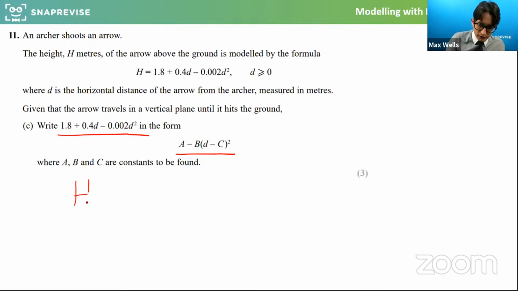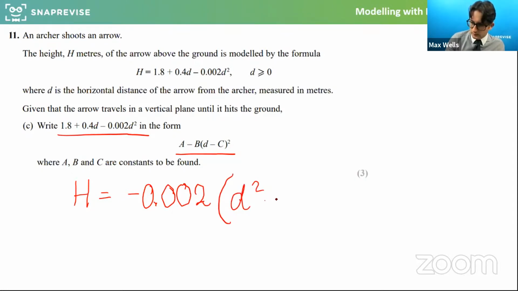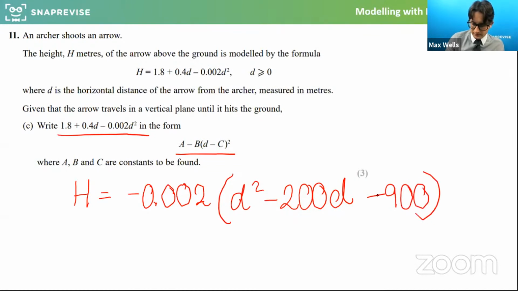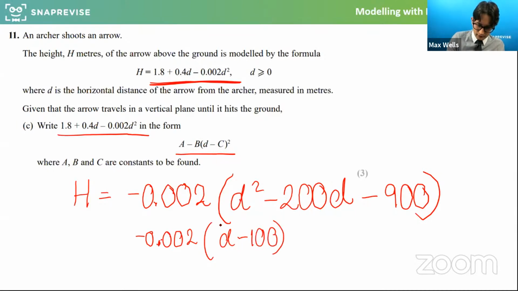So here we go. H is equal to, now we want to do completing the square. So we're going to take out the bit that's making it complicated, and then we'll have d squared minus 200 to compensate for that factor taken out of the 0.4, minus 900, so that if you expanded this, it would still be this. And then we're going to complete the square on that. That would be d minus 100 squared minus